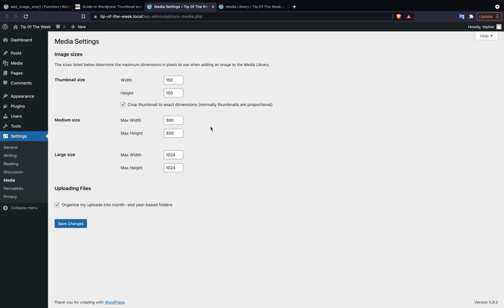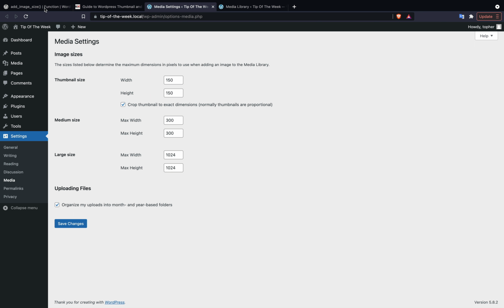But what if you want another one? What if you need all three of these and you need another one or another five? I'm going to show you how to make that. You're not allowed to reuse the names of these. You could change these programmatically, but if you're going to make a new one, you have to give it a new name.